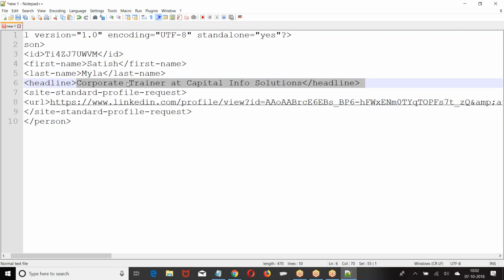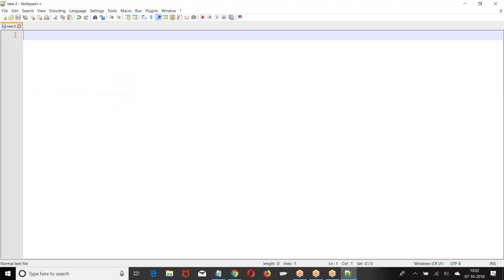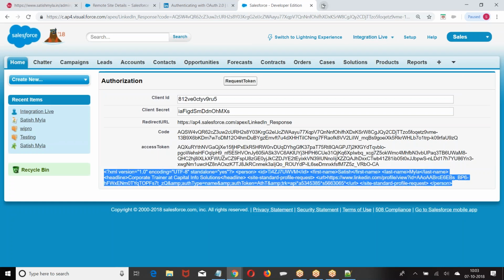Clear for everyone? Okay. Next, what we are going to do is I will post the data. Right now, from a third-party system, I'm using the code format of authentication, getting the data from the third party. Now my requirement is I want to send the data from Salesforce to a third party by using the REST API, and I'll use the authentication process. So we have done the example of reading the data. I want to see how we can post the data to a third-party system using it. So I'll go with